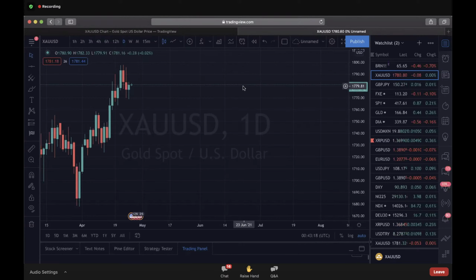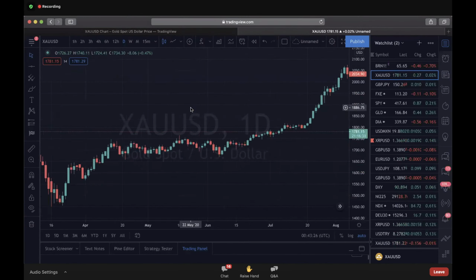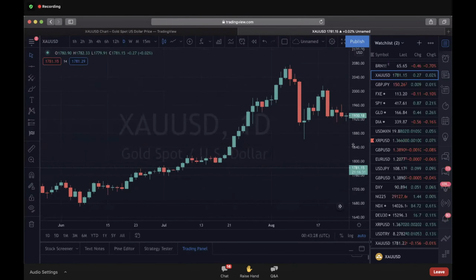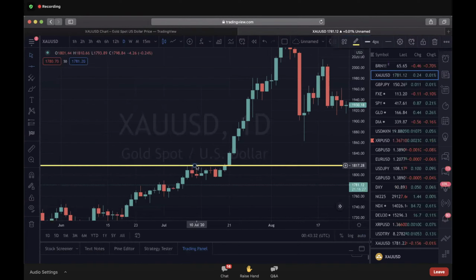Everybody clear on that? That all depends on what size account you want to use. I can't tell you, but if I were using a small account and I saw, and first of all, I